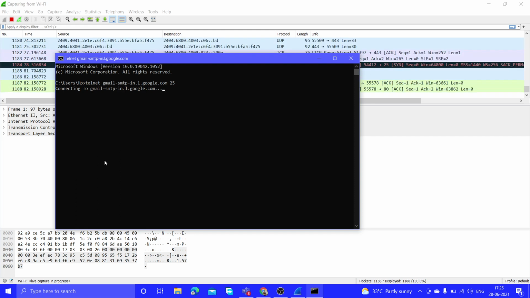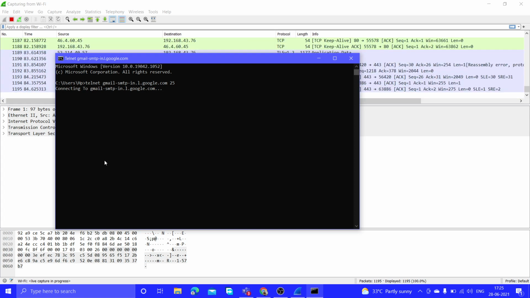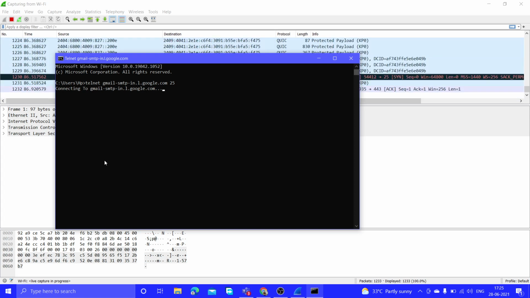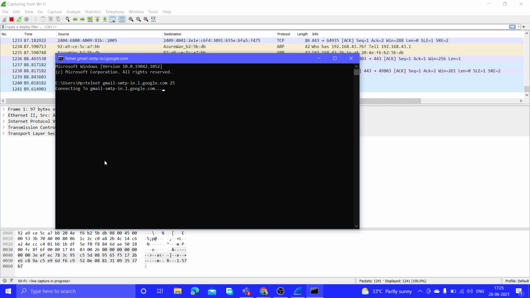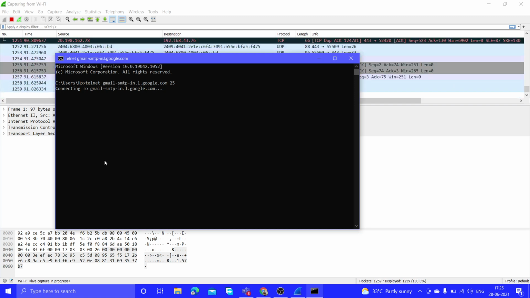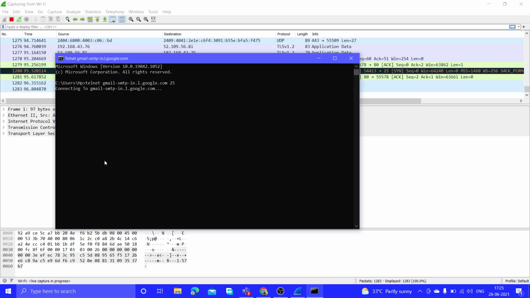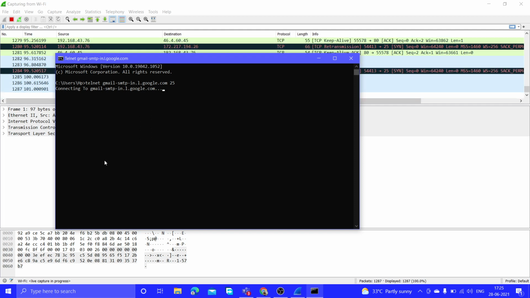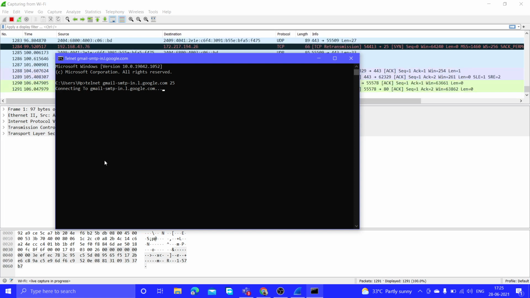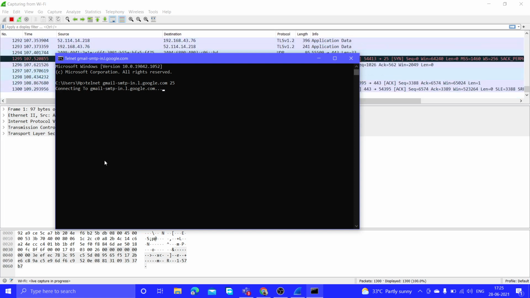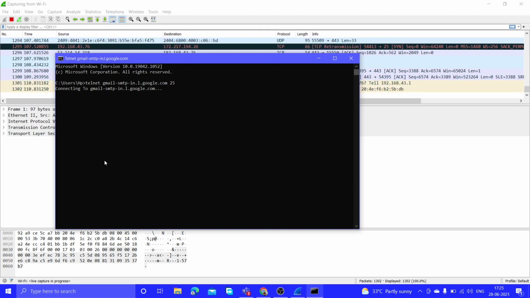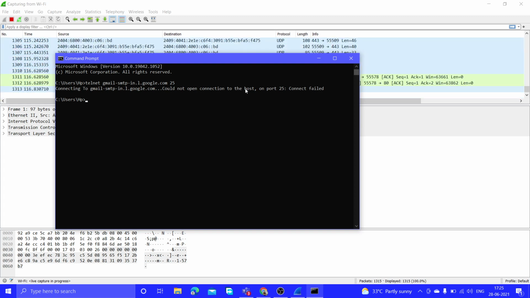In case we get any issue such as the connection hasn't been established, it means that our internet service provider is probably blocking outbound port 25. This is to prevent mass mailing attacks. So if this doesn't work, we'll be using our alternative port, which is 587. So we'll be waiting for this. Here we can see that the connection has failed.